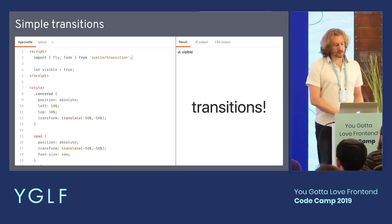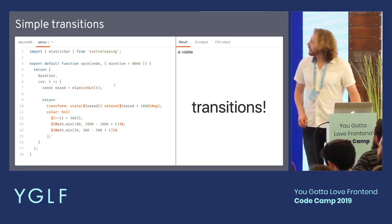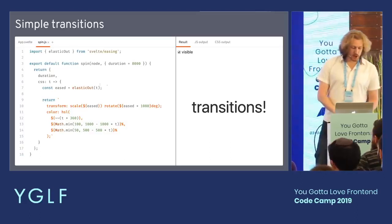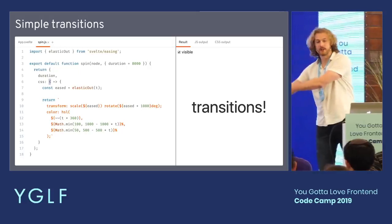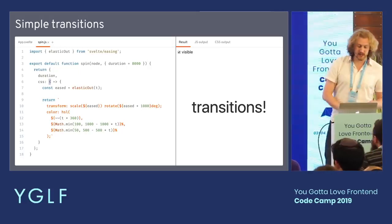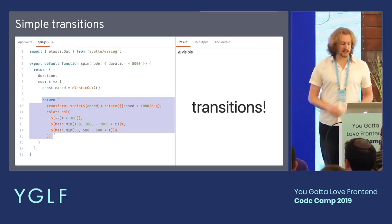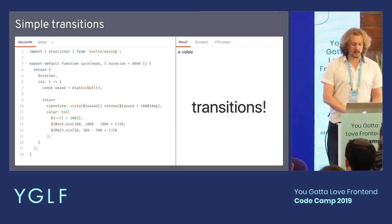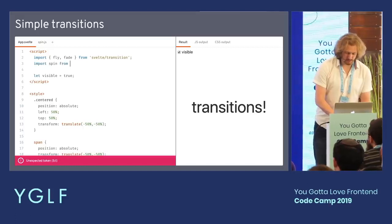And we can get pretty funky with this stuff. We can create our own custom transitions. This is a spin function which takes a node and it takes some arguments optionally, and then it returns an object with a CSS method which takes t, a value between 0 and 1. 0 is fully off the screen, 1 is fully on the screen, and it returns some CSS. So this is kind of like JavaScript in CSS. And then Svelte will take that, compile it to a CSS animation, and then it will play it on the element. So let's import spin from